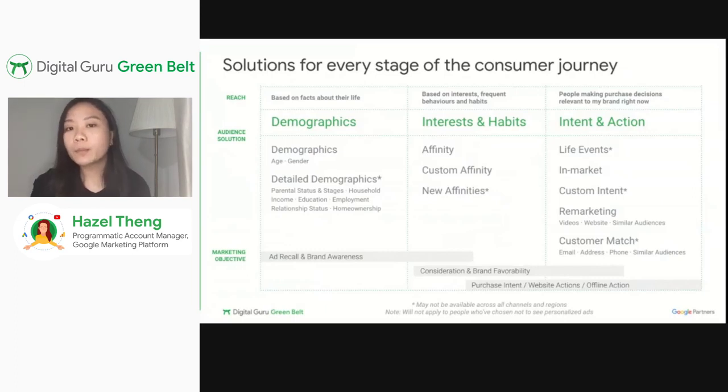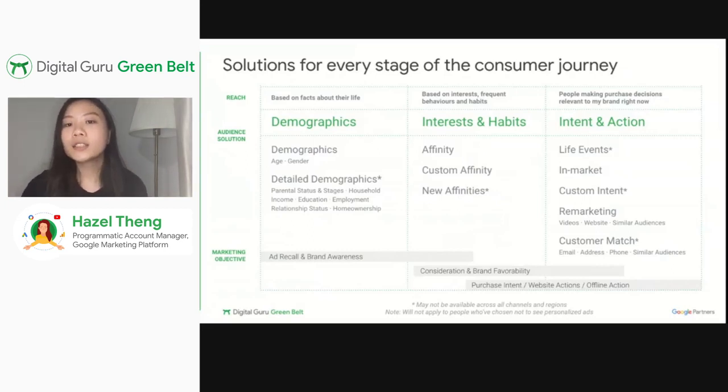From an awareness standpoint, you have your demographics: broad segments based on the facts that we've collected on users' age as well as gender. We're continuing to expand demographics offerings across channels so you can reach your audiences based on these broad segments to drive awareness.